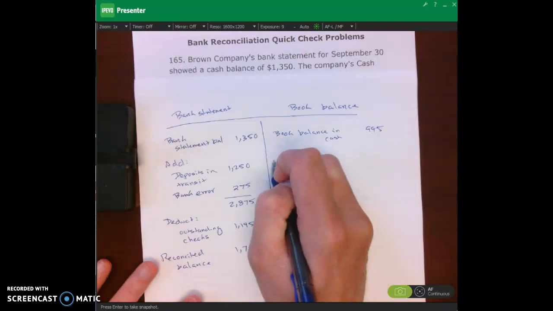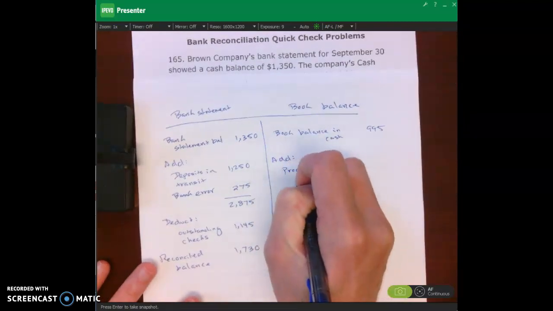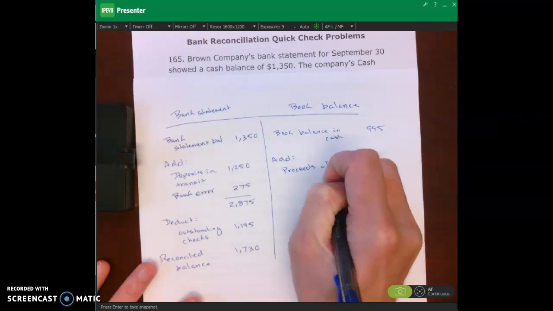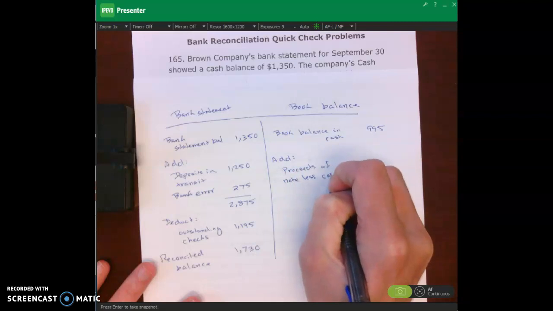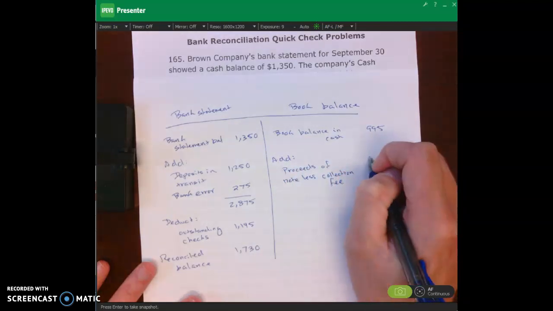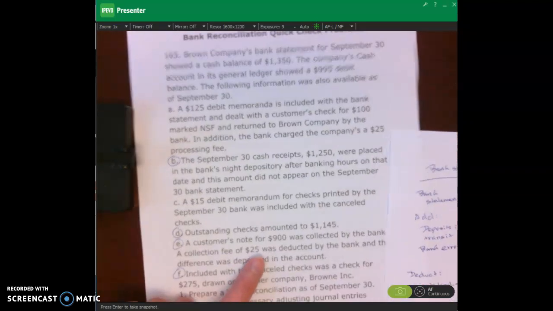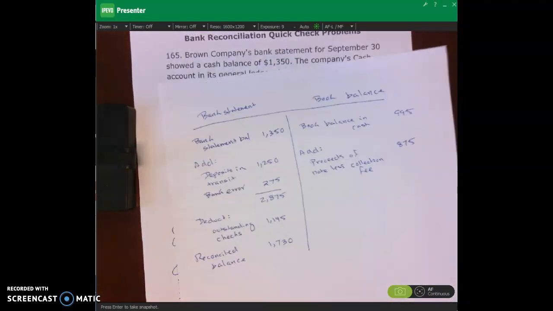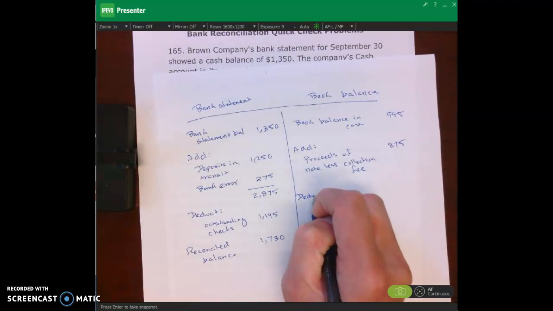So we can say, come over here and add proceeds of note less collection fee, which is $875. And again, how did I get that $875? It's the 900 minus that 25, $875. Okay? And then we can say over here, deduct